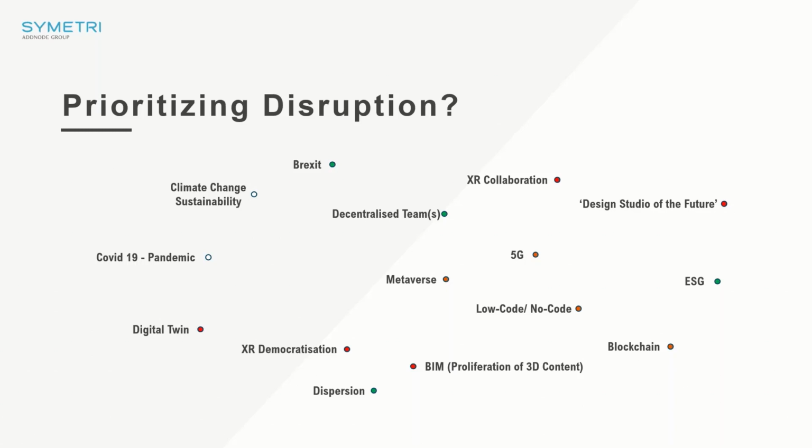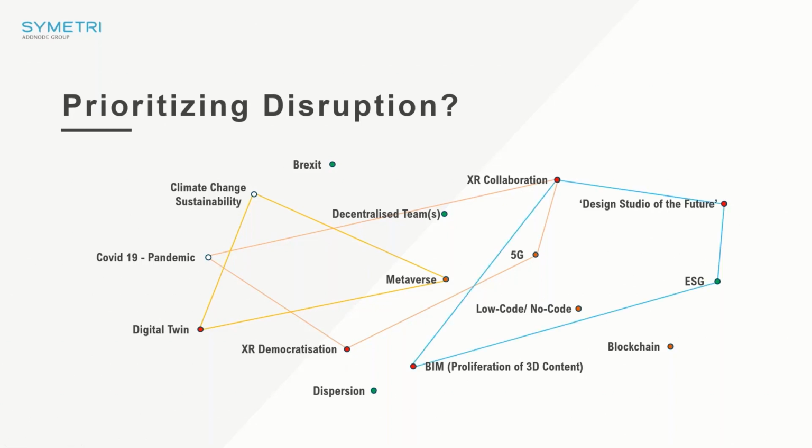But now that you've got a number of your disruptions on the board, yours might be slightly different. You might add different ones in here. You need to categorize and prioritize them. So if you're company A, your main things might be climate change, the metaverse, and digital twin. Company B might be, we want to use VR collaboration now that 5G, or at least enterprise level 5G, is of a certain level, we can take advantage of that. And the pandemic has affected our working practices. That might be your priority. A different company might be something different.